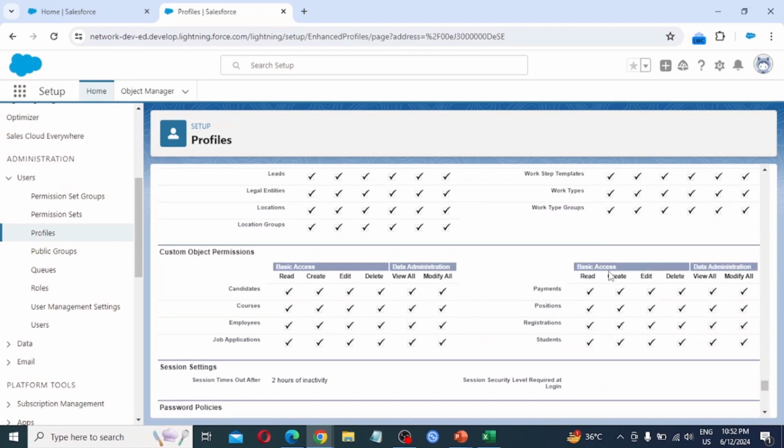Here we are seeing that student having view all and modify all access means it is dominating the OWD setting. So we need to edit this